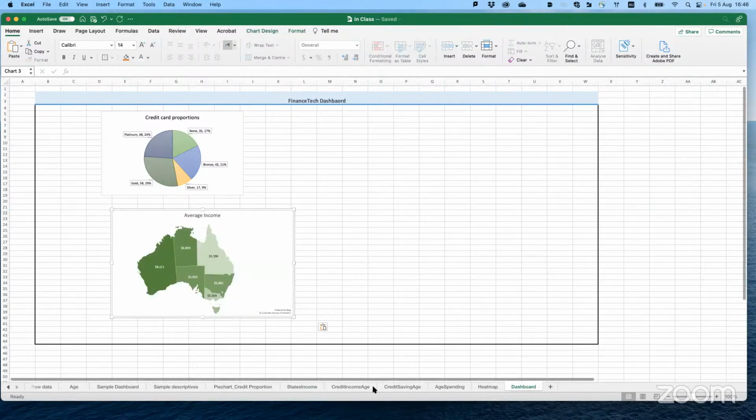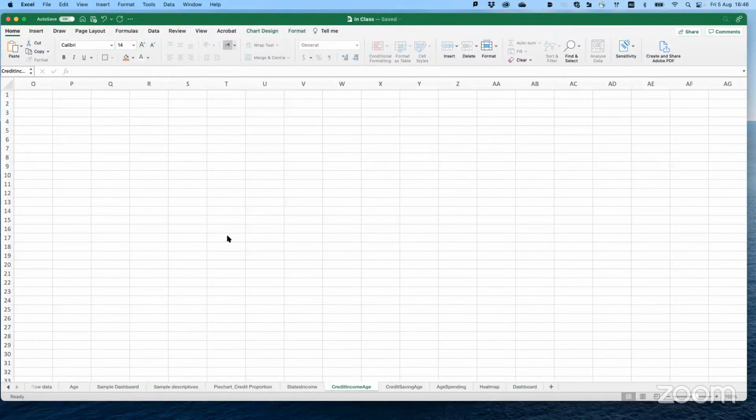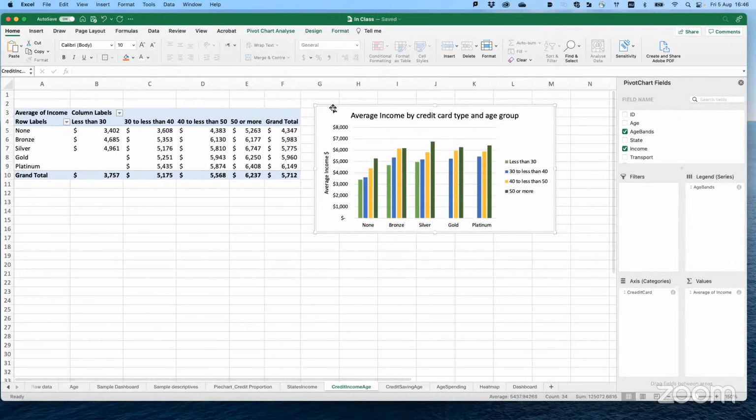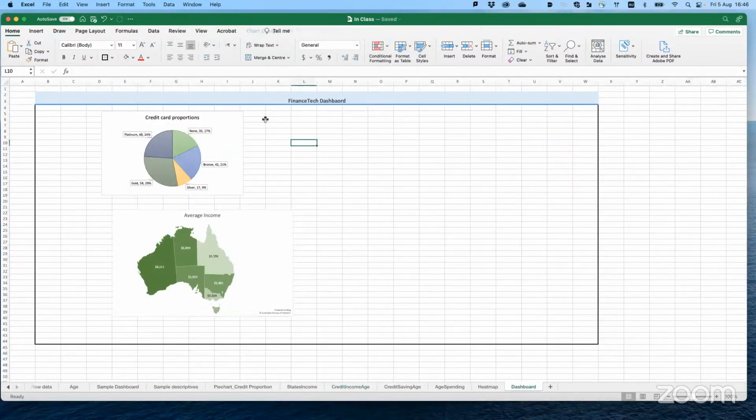Okay, finally. You can see how slow my computer is today.